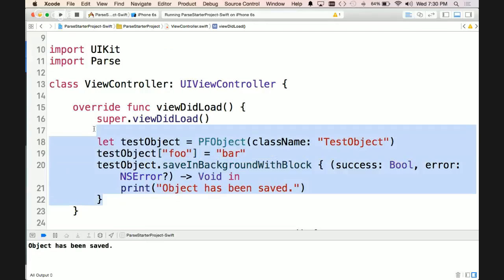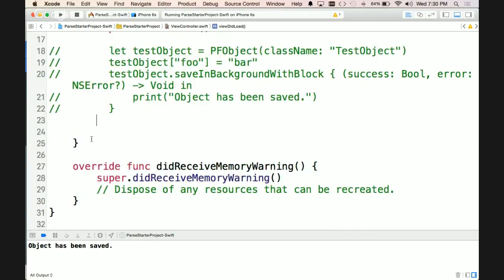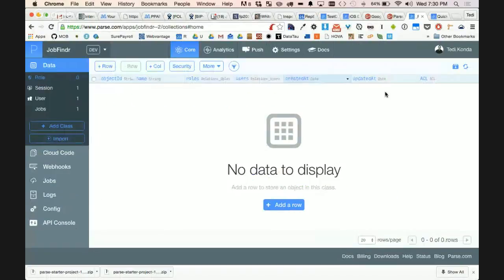So I'm going to comment this out just so we can reference it. Let's go back to the documentation. So first thing we're going to do is let's see how we can read data. So let's interact with our jobs table. So going back to the right tab,